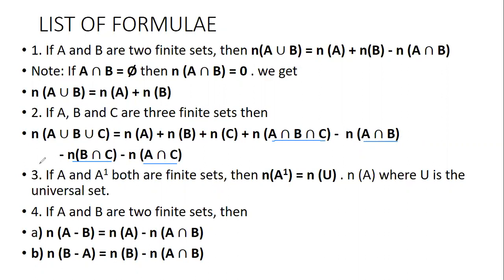They will mostly give you the data for A, B and C. Sometimes the data will be given for A intersection B, B intersection C. These data might be given sometimes, or sometimes they'll give you only this data. So much data will be given and they'll ask us to find out the rest of it. So we'll be able to find out things. Now let's go to the next one.